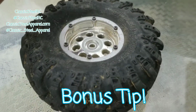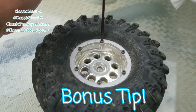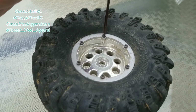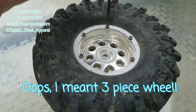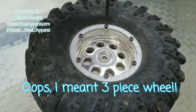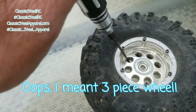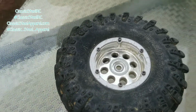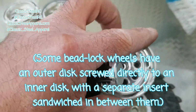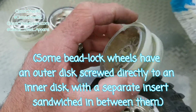Some people might not know how to remove beadlock wheels or disassemble beadlock wheels. I mean, it's probably pretty obvious, but on the Red Cat Gen 8, it is a 3-piece beadlock. So you've got a beadlock on the front of the rim and a beadlock on the back of the rim. And then you've got the actual rim itself, the wheel itself, and then the wheel itself is actually the insert as well. So you've got the rim, which is the insert,